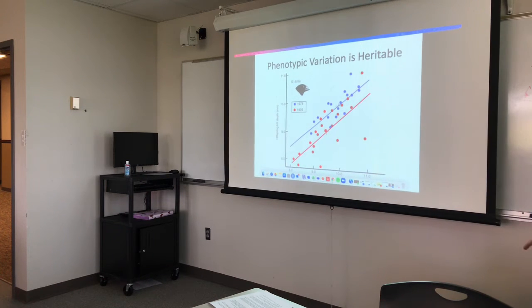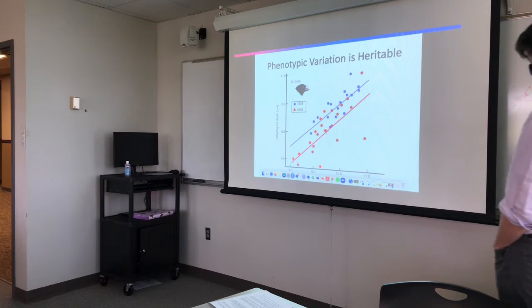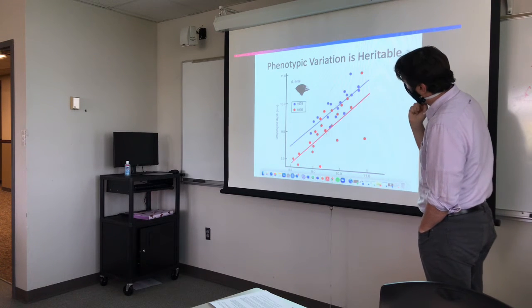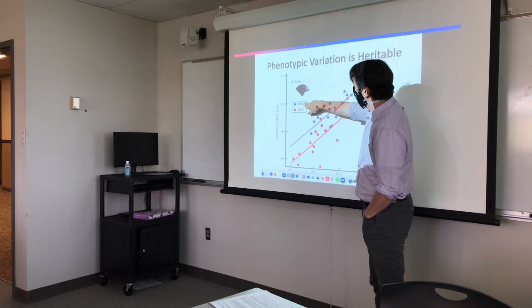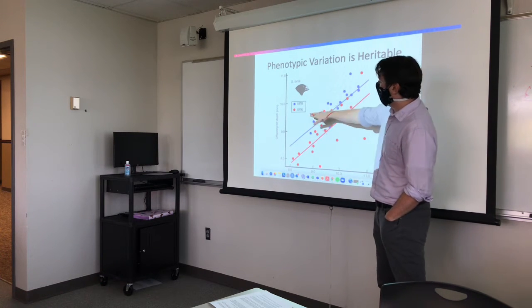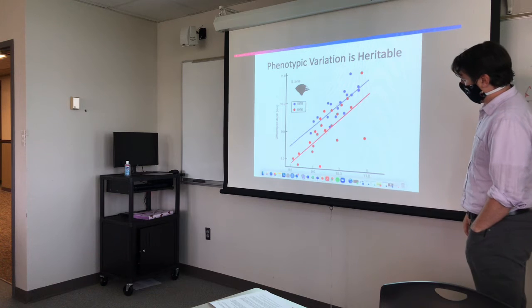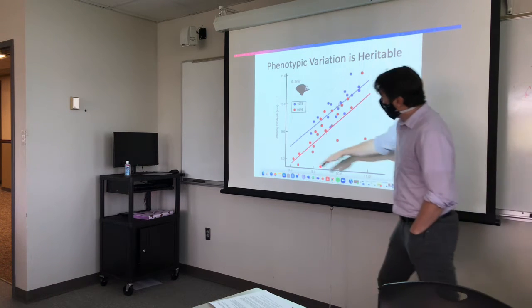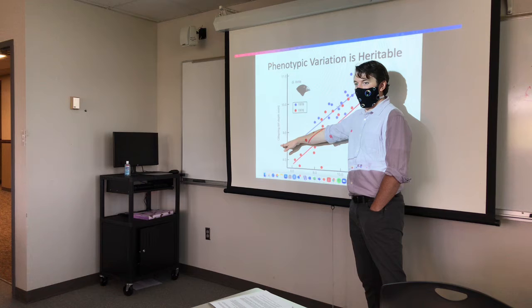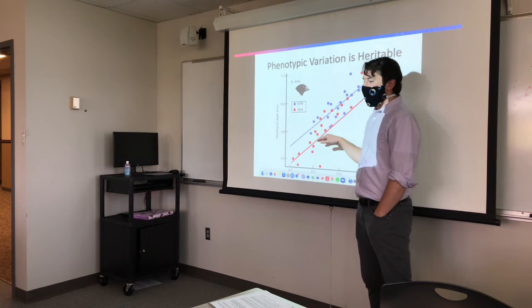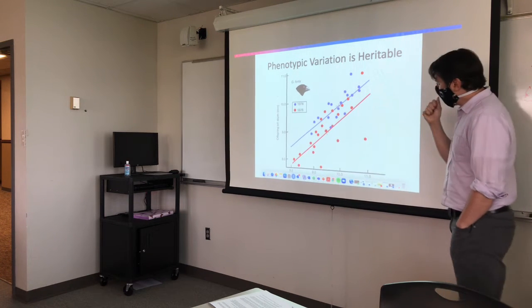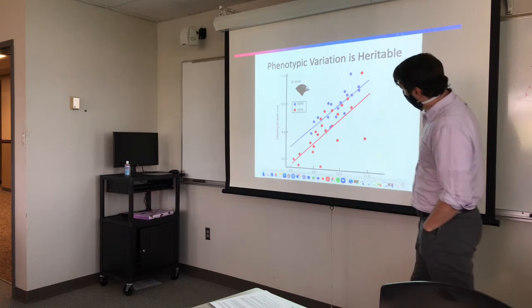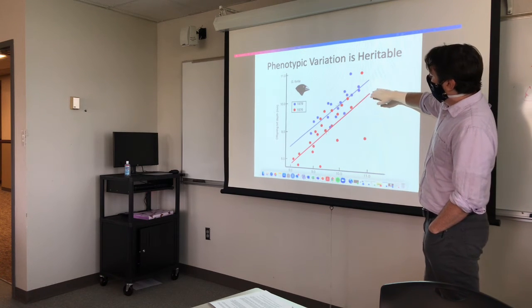Yeah. The offspring have different depths of beaks when you look at the years. Like I can't read the year from that clearly. Oh yeah, sorry. 1978 is the blue, and the red is 1976. So they're getting larger. Yeah, there's a shift here, right? The y-intercept is higher. So there's been a change in the average value of beak size, but the heritability of the trait is the same. The slope is the same.